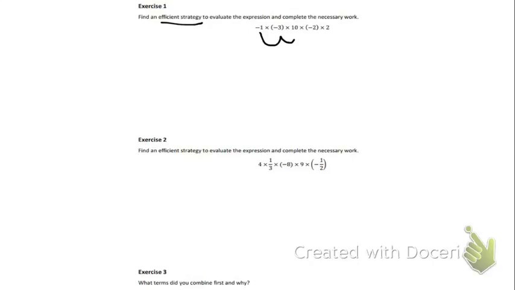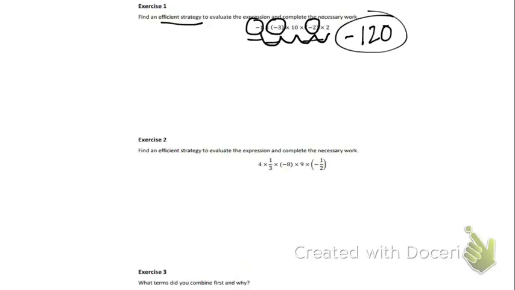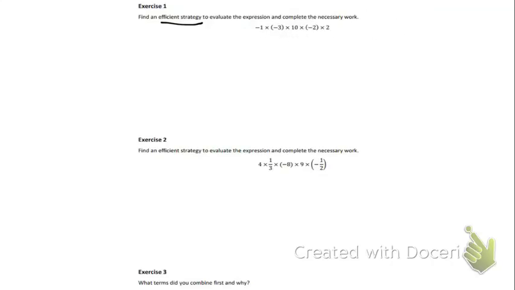1 times 3 is 3, times 10 is 30, times 2 is 60, times 2 is 120. And I can just count up how many negatives I have. 1 and 2. Actually, I'm sorry, three negative values. So I know if I have an uneven number of negatives, my answer is going to be negative. So right away I know that. Let me just show you again so you don't have to rewind. Again, just assume this is all multiplication, assume these are absolute values, everything is positive. 1 times 3 is 3, times 10 equals 30, times 2,